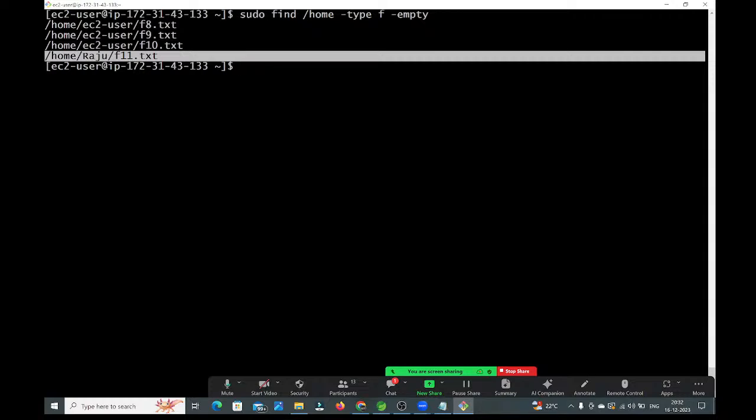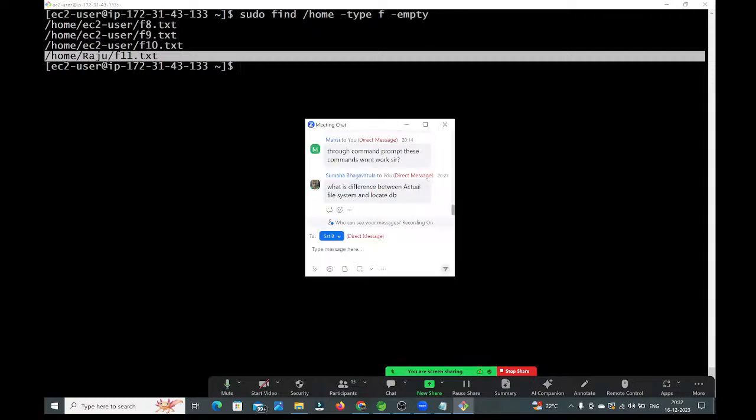Earlier, we don't have any empty files inside Raju. That's why it's not displayed anything. But now I have created one empty file inside Raju. That's why it is showing like this. Okay. Guys,